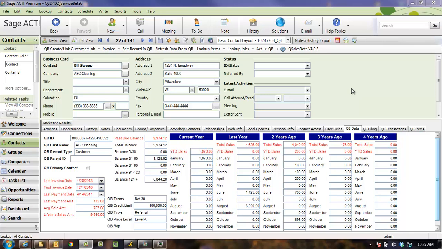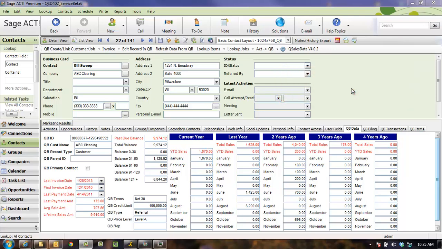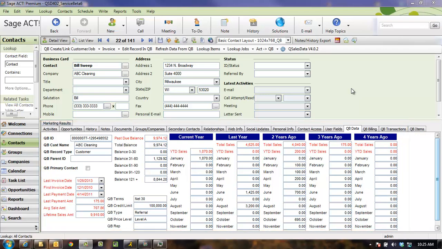Tips on how to get the most from your QSalesData investment. This video will show you how to utilize the QSalesData fields in ACT to market to your inactive customers. As we've discussed before, one of the unique features of QSalesData is that we bring key QuickBooks data into fields in the ACT database. With this video, I want to focus on identifying inactive customers and then marketing to them